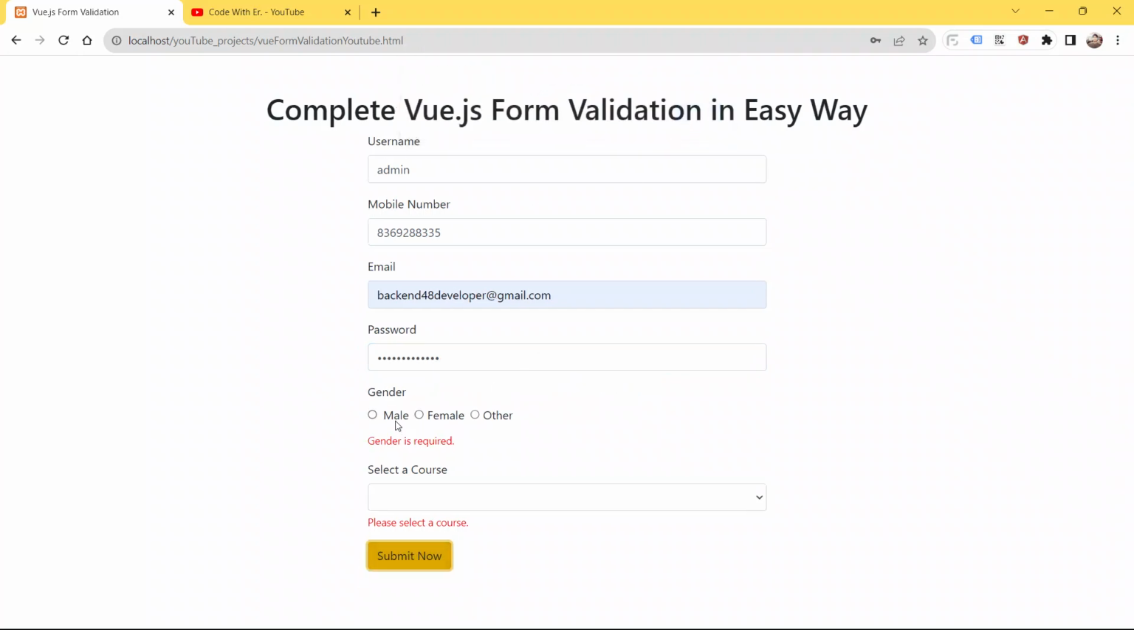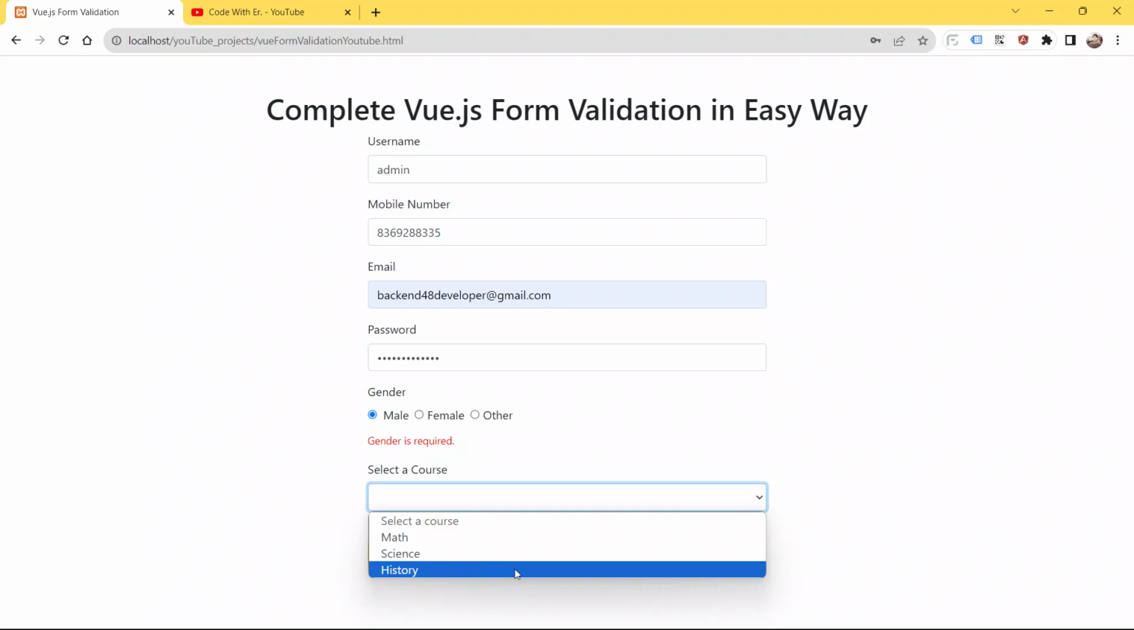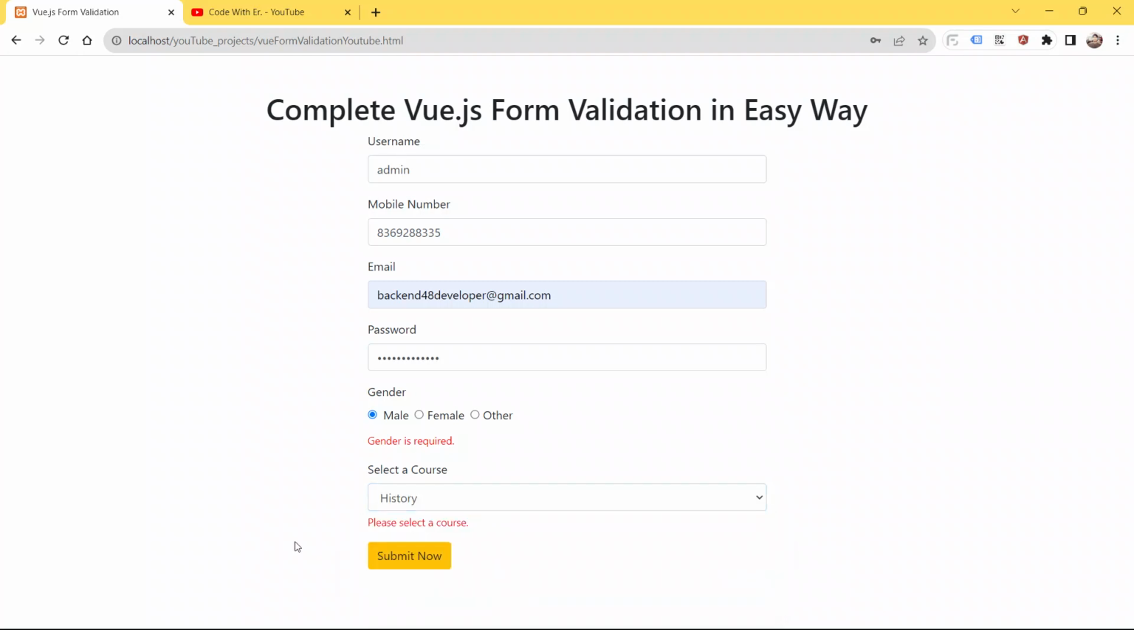See, guys, you have to choose the gender also, and you have to choose the course also. It is mandatory, it is compulsory. So hit the male and choose the course also. This time I am going with the history. So now submit the button and then see,